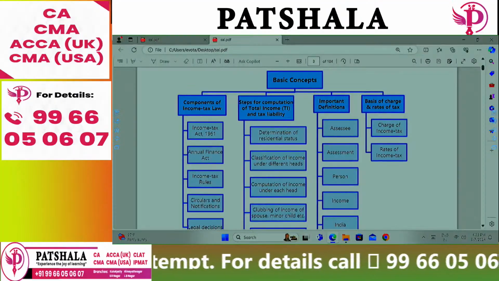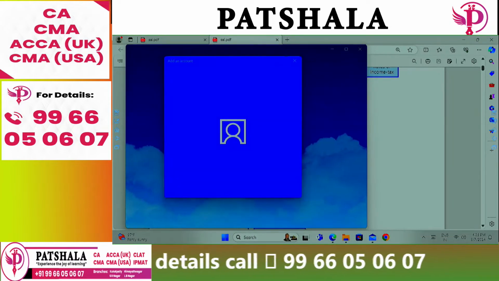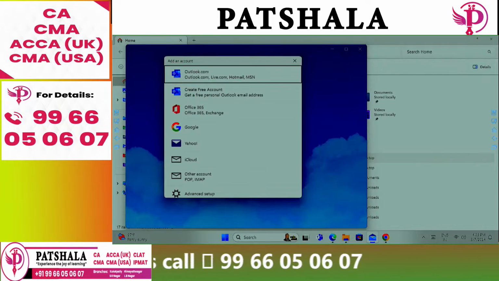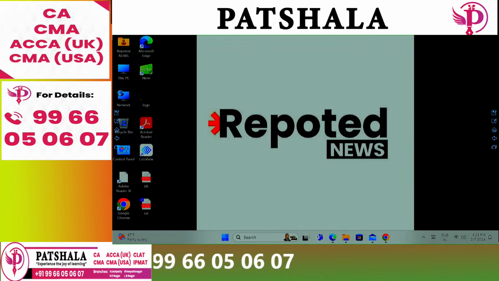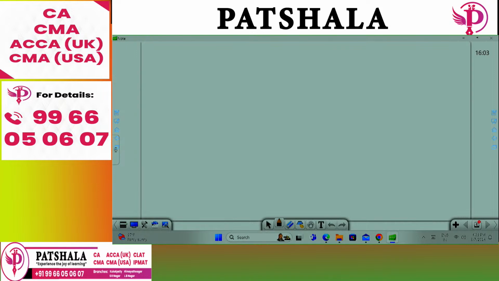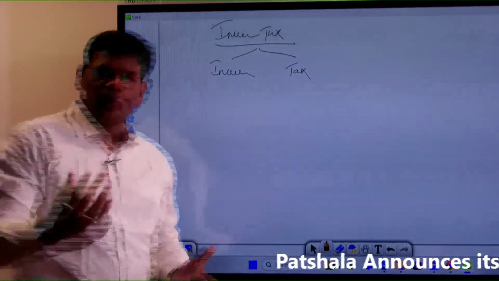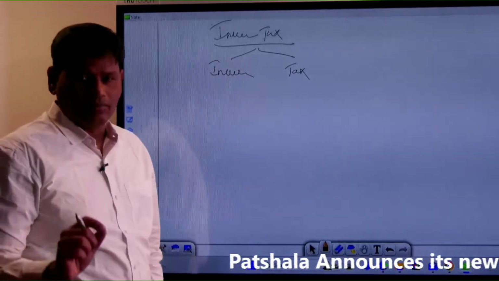These are the concepts we are going to study. So the basic subject of income tax can be studied in two parts. The first thing that we have to understand is the word income. The second that you need to understand is what is a tax. In a layman's language, before we go into the technicalities, let's try to understand the word called income. In common sense,